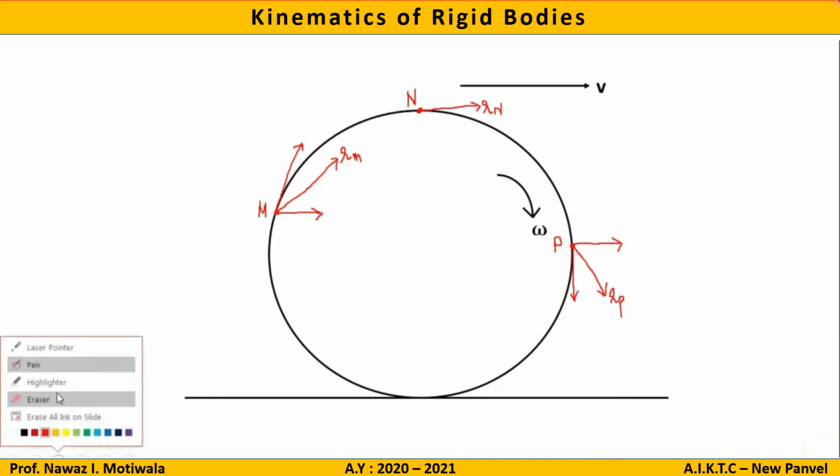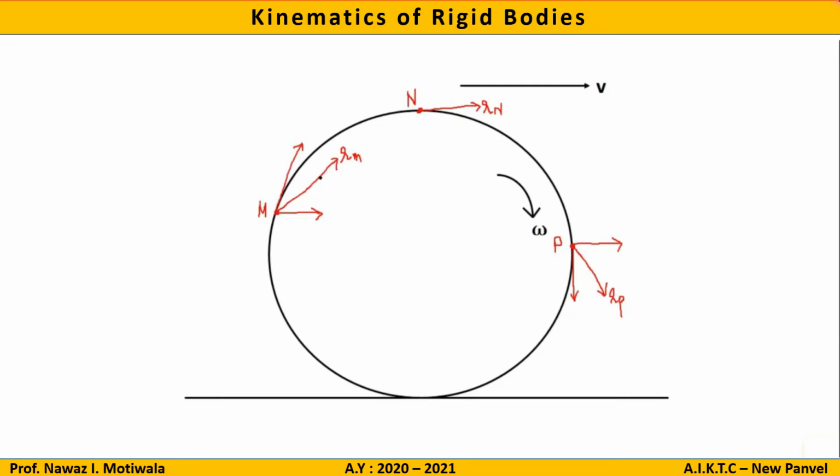Let me now make the perpendiculars to these velocities. This is the resultant velocity at point M. Let me make one perpendicular to this velocity. If I make a perpendicular to the velocity, it will be somewhat like this, where this velocity is perpendicular to this particular line. Similarly, let me draw a perpendicular to the velocity Rn, or the velocity at point N. If I draw a perpendicular to it, it will be somewhat like this. It is perpendicular to Rn. Again, this is the resultant velocity at point P. If I draw a perpendicular to this resultant velocity at P, this line is perpendicular to the velocity.